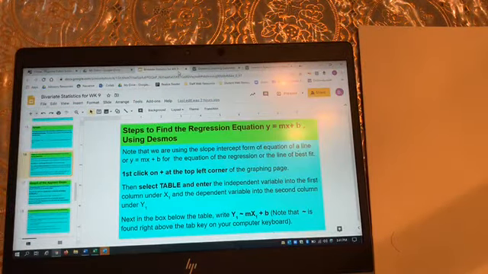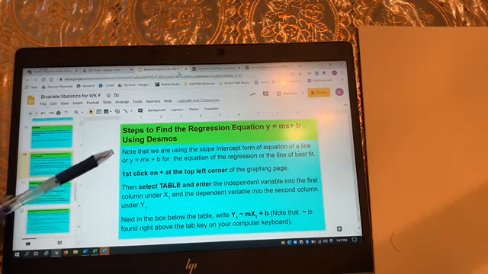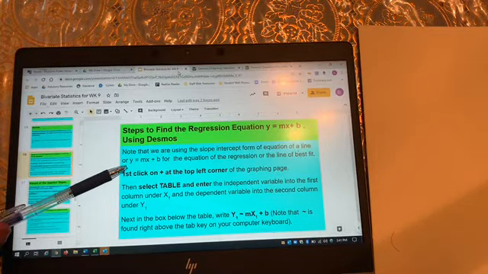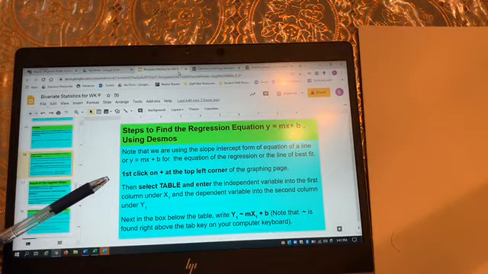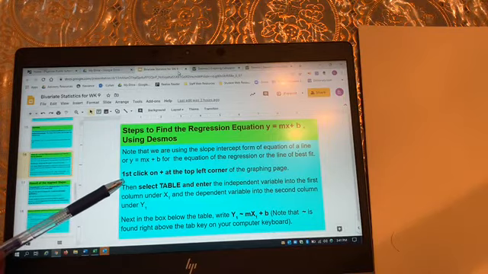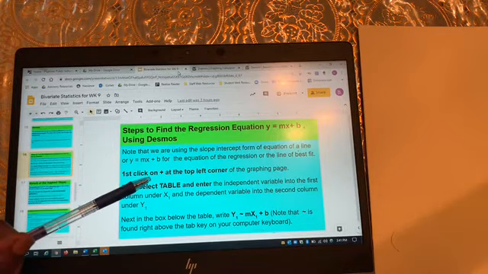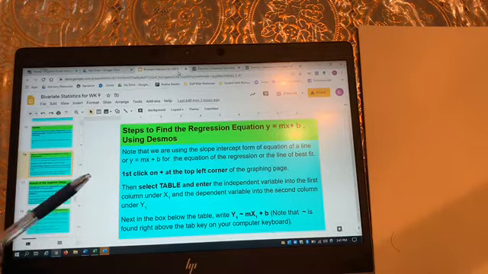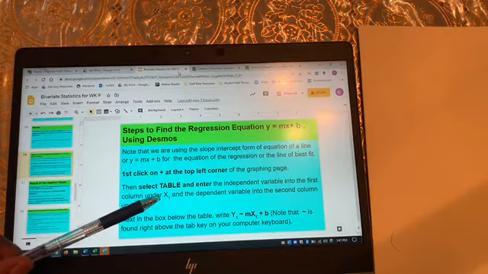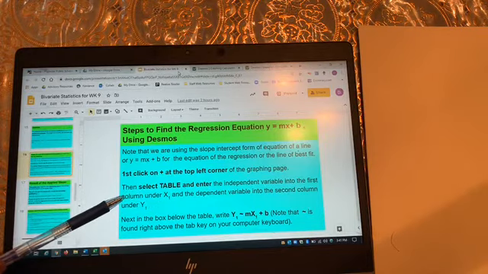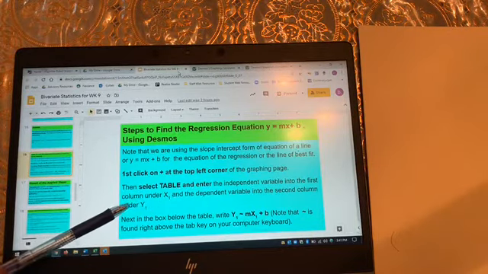Okay, now I will demonstrate how we find the regression equation. This is the following step using Desmos. First of all, we are using the line y equals mx plus b. But how we get m and b is the question. For this, we go to Desmos on the graphing page, then click plus at the top left corner, and then select table. Then we enter our independent variable into the first column x1, and the dependent variable into the second column